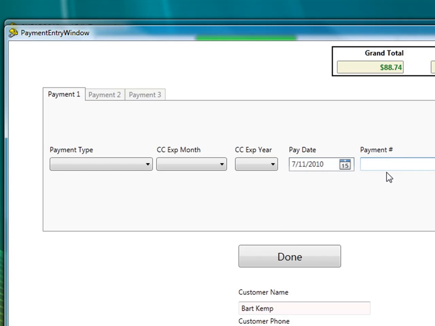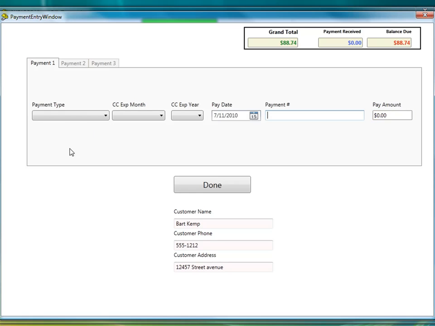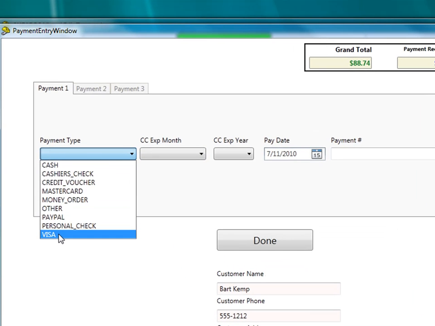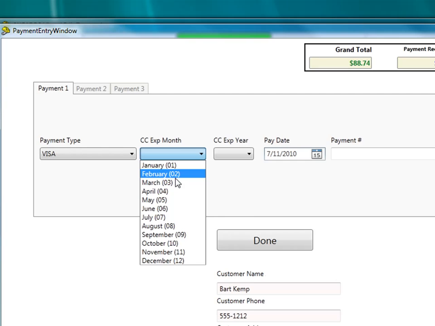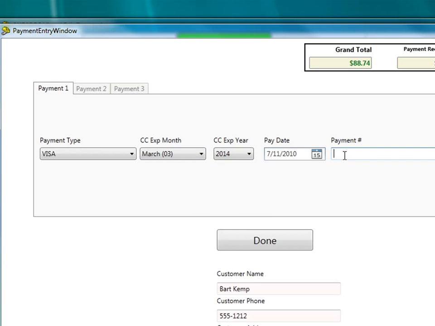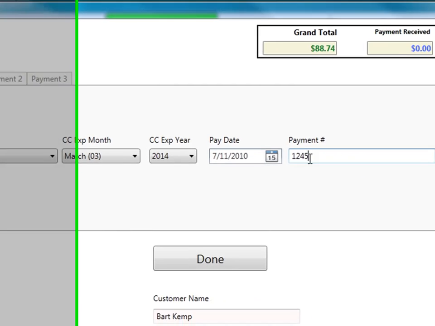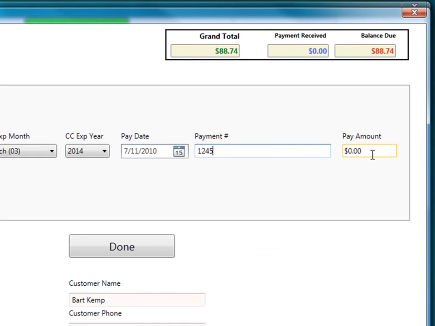If this is a credit card, usually the last four numbers on the credit card paying card, and then the payment amount. So in this case, we'll go ahead and say a bogus Visa with the bogus date of 2014. And the last four on the card's number would be 1245. And then they're just going to pay the full amount,